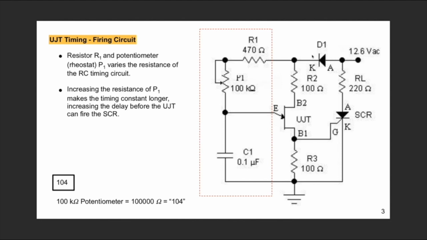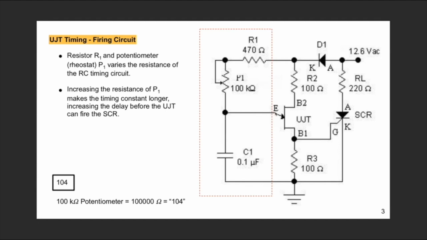Diode D1 blocks the negative voltages from reaching the gate of the SCR, so it's not damaged. And basically, the resistance combination of R1 and P1 along with capacitor C1 provides an RC timing circuit. So the current will flow through the diode, through the resistors, charge capacitor 1, and then as it builds up its charge, then the